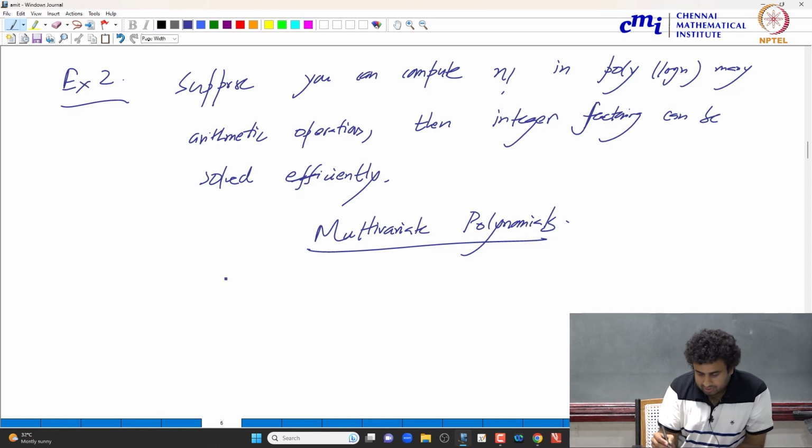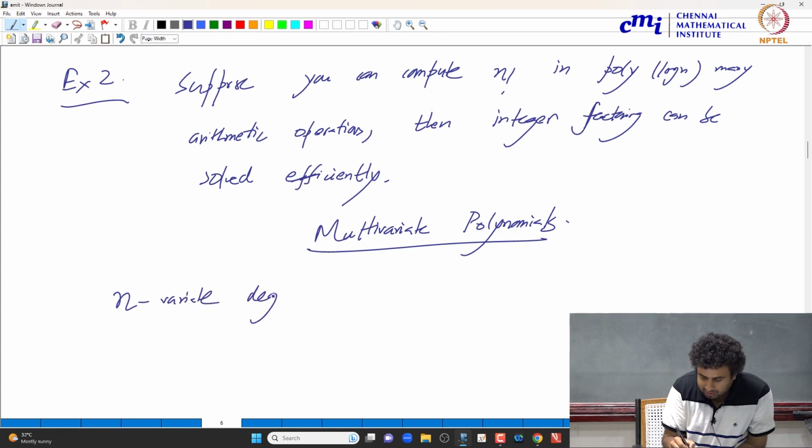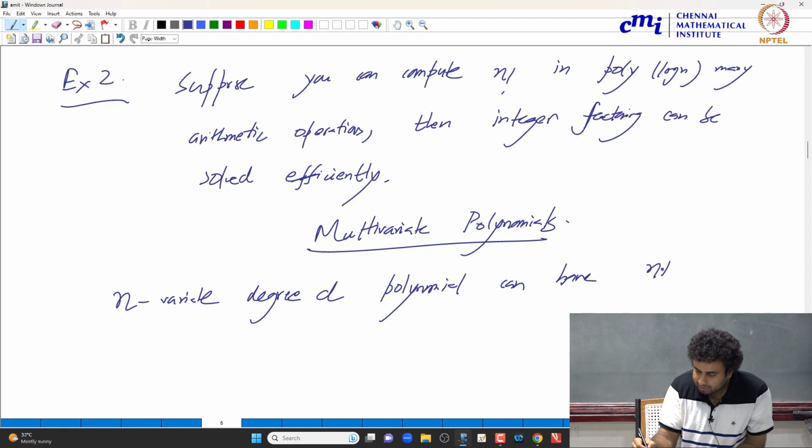The point I want to make here is that an n-variate degree d polynomial can have n plus d choose d many monomials. This is a basic counting exercise,